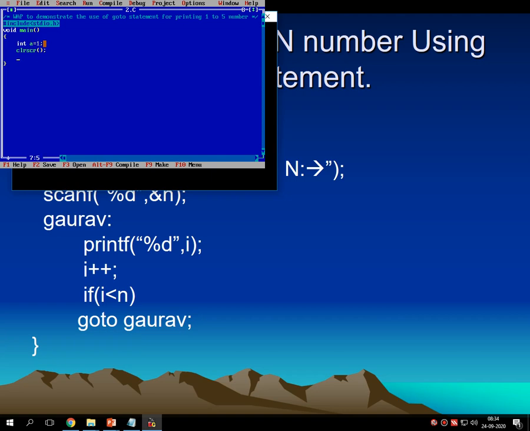Then here I am writing one statement label, that means I am giving my name as a label, print printf %d comma a. Then here I am checking go to the label name.